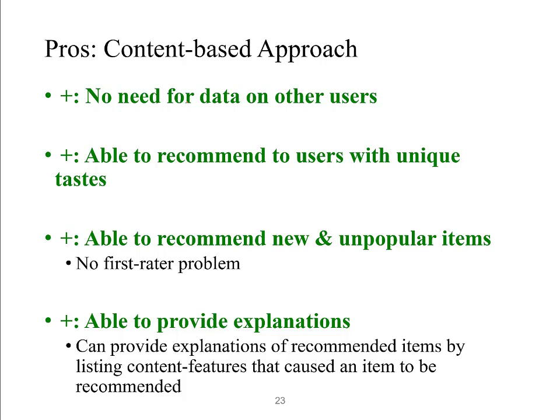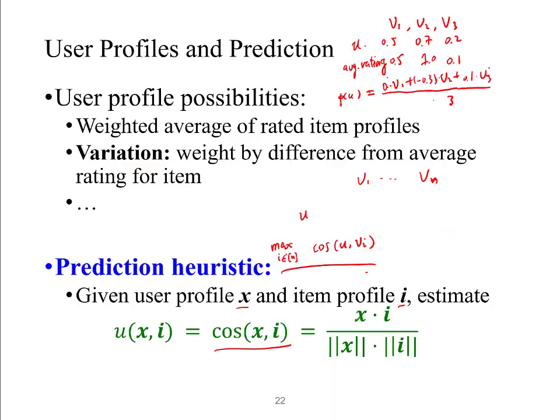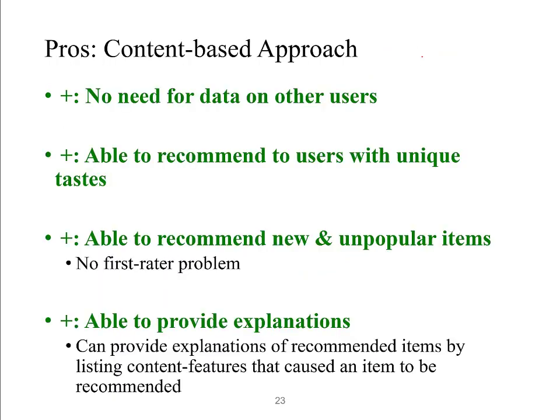It is able to recommend to users with a unique taste, because it fully takes into consideration the user's ratings of the items. So if the user likes some items, then the weight would be higher. If the user does not like some items, then the corresponding weight would be smaller. Right? So it can suit different users with different tastes. It is also able to recommend new and unpopular items,